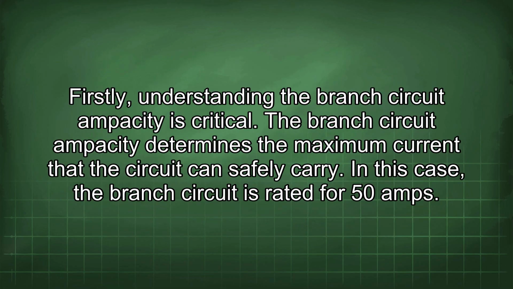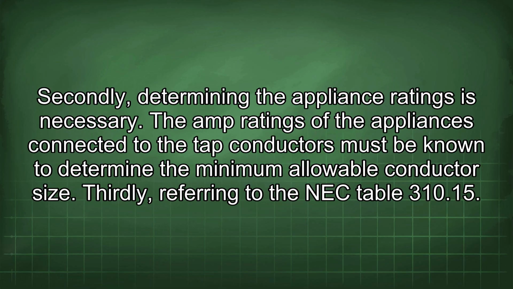Firstly, understanding the branch circuit ampacity is critical. The branch circuit ampacity determines the maximum current that the circuit can safely carry. In this case, the branch circuit is rated for 50 amps. Secondly, determining the appliance ratings is necessary. The amp ratings of the appliances connected to the tap conductors must be known to determine the minimum allowable conductor